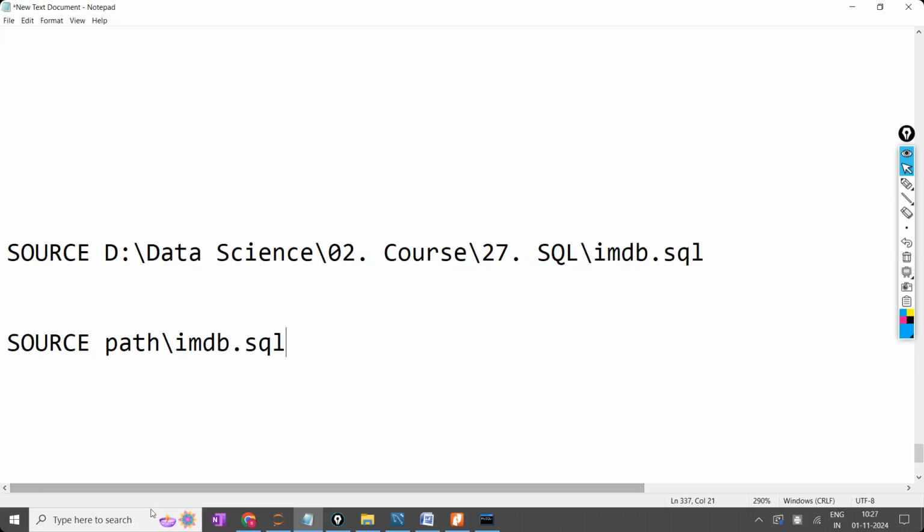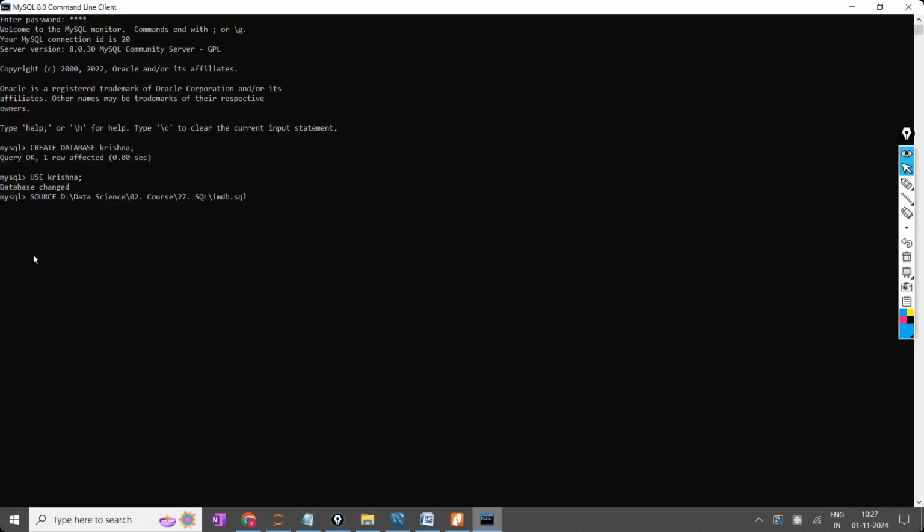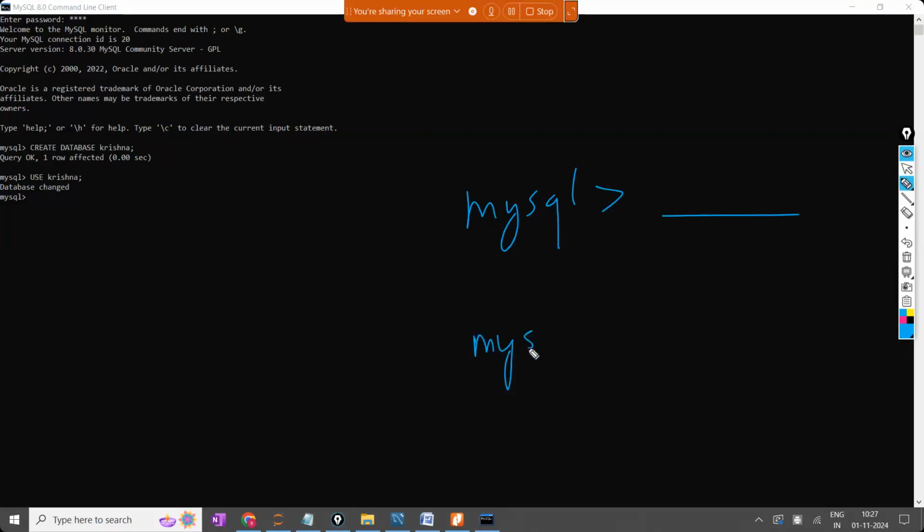And once you write like this, see here, every time before writing, I'm getting mysql. Can you observe here? mysql, this one. Here you are writing something. Once it is completed, again mysql like this. In Python also, the Python prompt will be there.